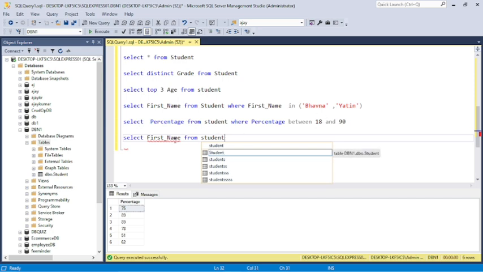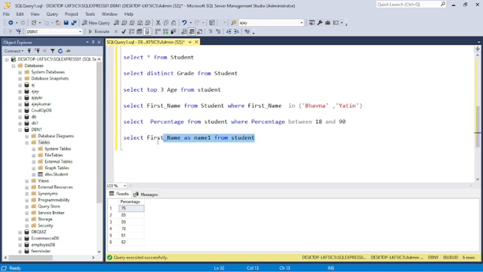We can use an alias here, age or name. It is used for renaming any column. It is not permanent; it just shows the column temporarily under a different name.